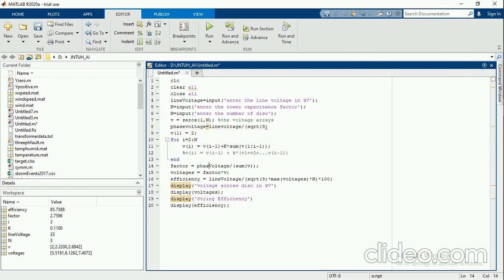Whatever names you mention, there is no issue, but once you define them, you should follow the same notation in all the cases.